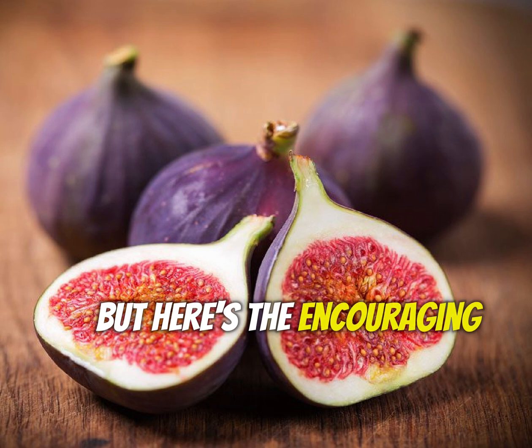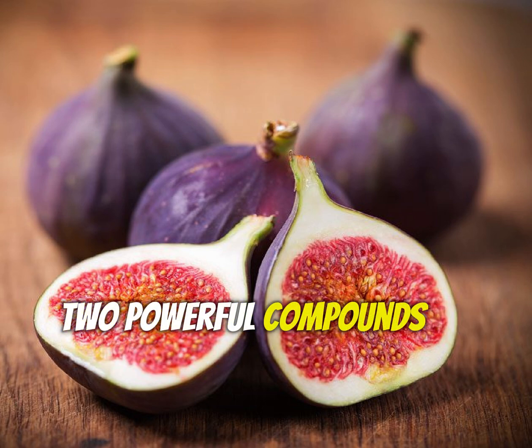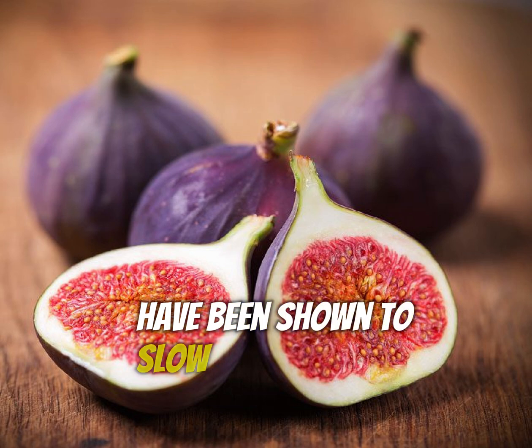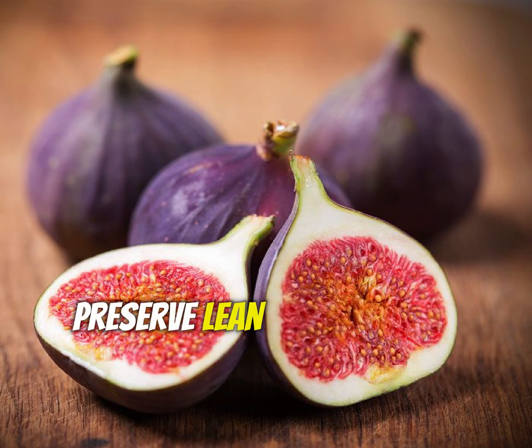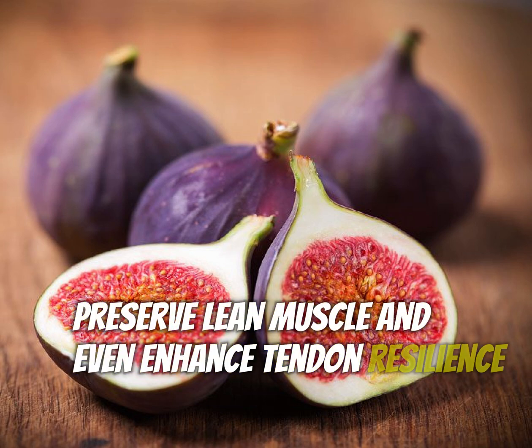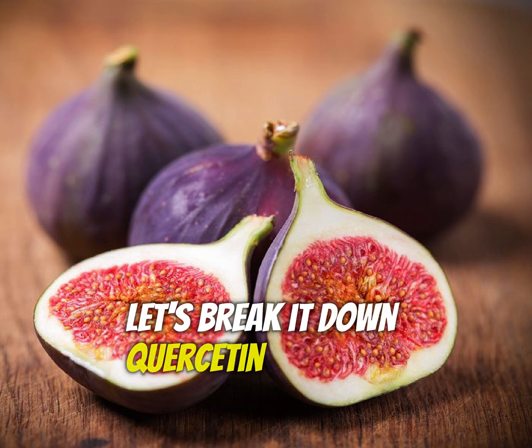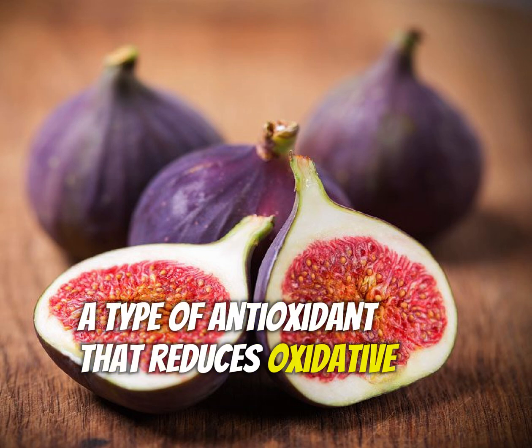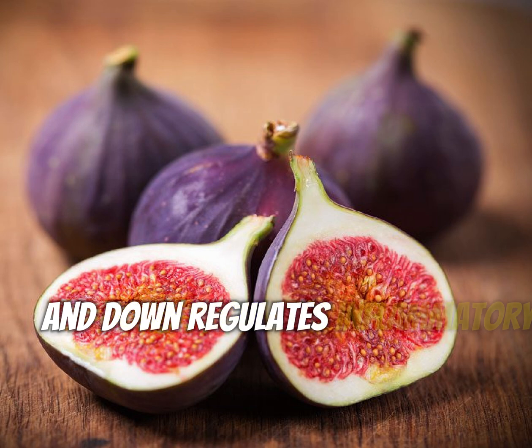But here's the encouraging news. Two powerful compounds found in fruits, quercetin and ellagic acid, have been shown to slow this breakdown, preserve lean muscle, and even enhance tendon resilience. Let's break it down. Quercetin is a flavonol, a type of antioxidant that reduces oxidative stress and downregulates inflammatory enzymes